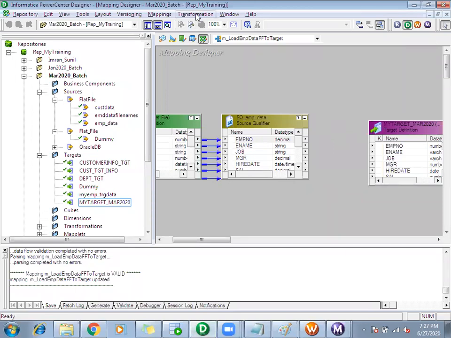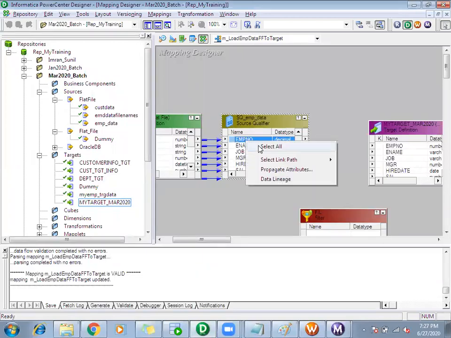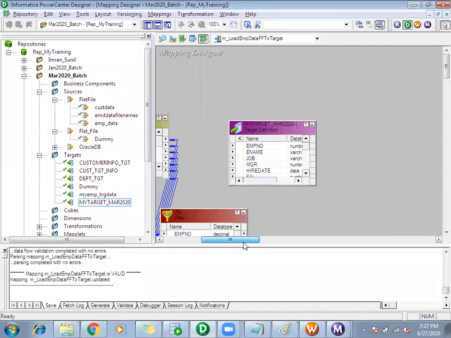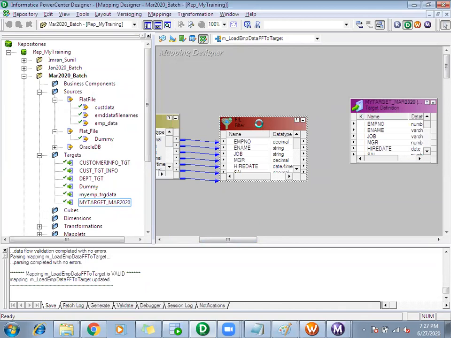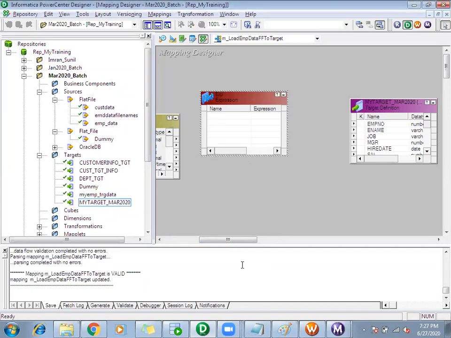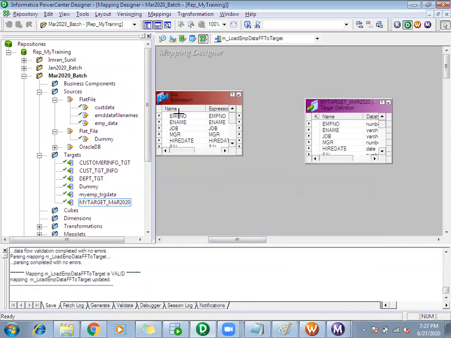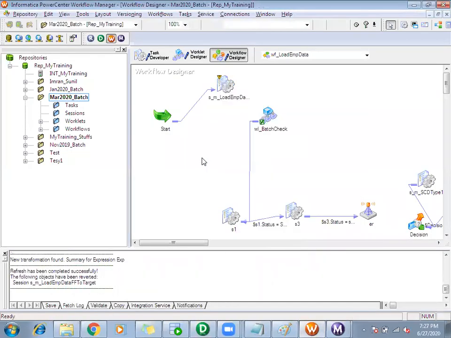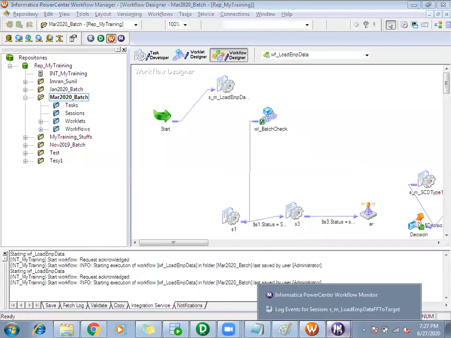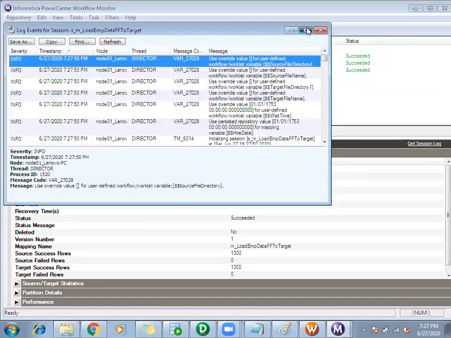So if I simply create one transformation, or let me have an expression. Okay, let me take the logs now.